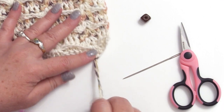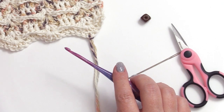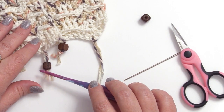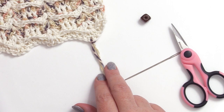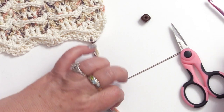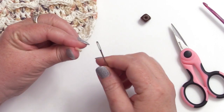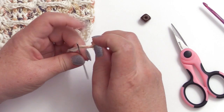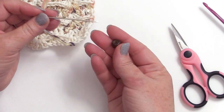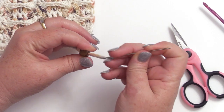So that way, this part of the knot shows on that side. And I know this is going to seem a little bit long as far as a strand to attach a bead when they're going to end up being this short. But for me, it just makes it easier for making the knot afterwards and for threading the bead. So now you'll take your tapestry needle, thread that needle with your yarn, grab your bead, thread that through,